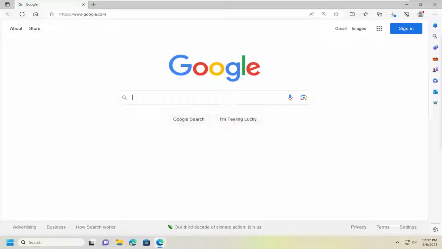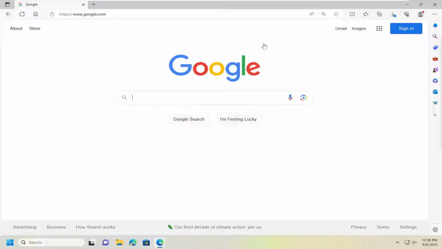In today's tutorial, I'm going to show you guys how to edit your custom dictionary in the Microsoft Edge web browser. So this should hopefully be a pretty straightforward process here, guys, and without further ado, let's go ahead and jump straight into it. So all you have to do is open up the Edge web browser if it's not